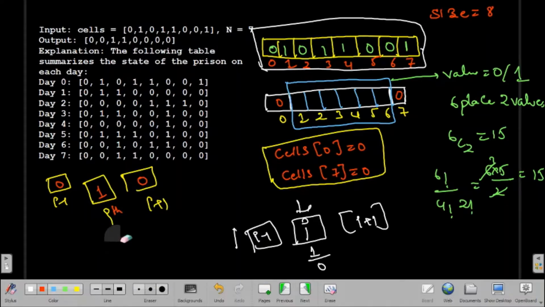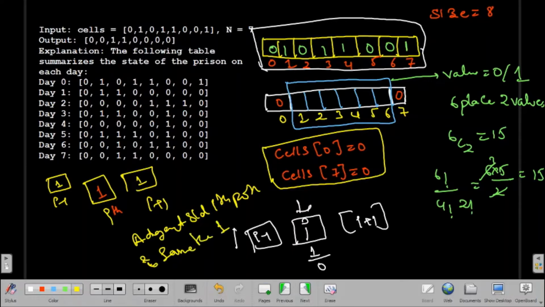And if my I minus 1 position is 1 and my I plus 1 is also 1, then also my value will be 1, because we have to check if the adjacent sides of the ith position are the same, then we insert 1, or else we insert 0.